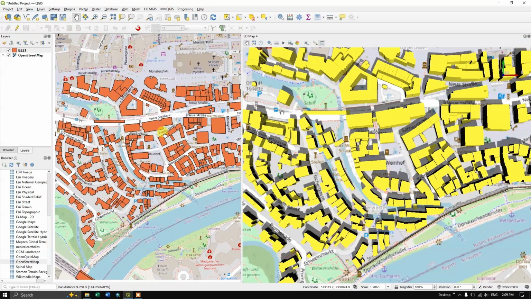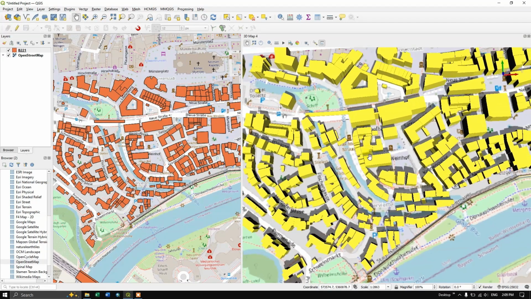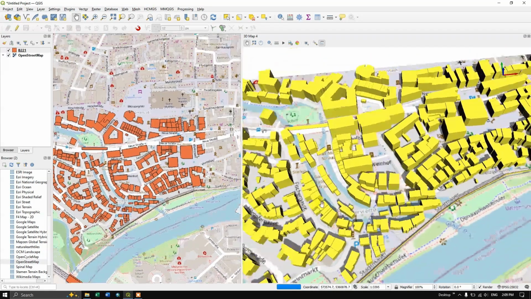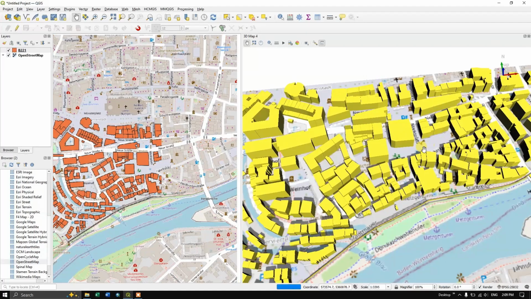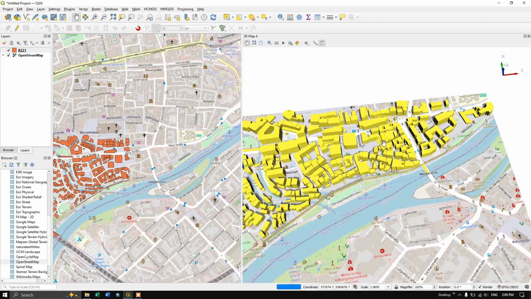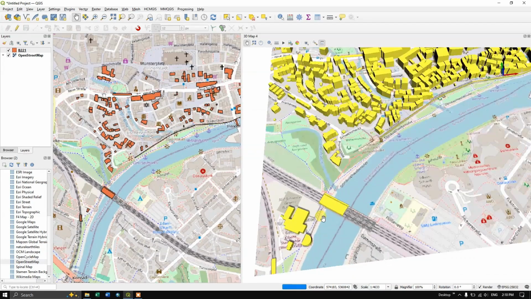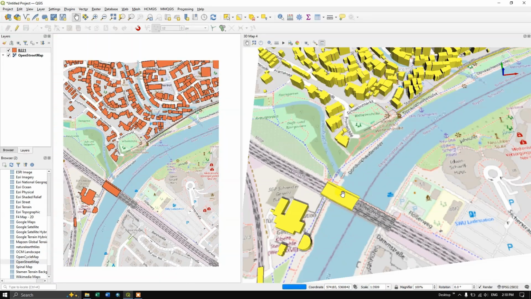Likewise, the next option is 2D map view follows 3D. Moving the 2D, the 3D will be updated too. Okay. So like this you can do.